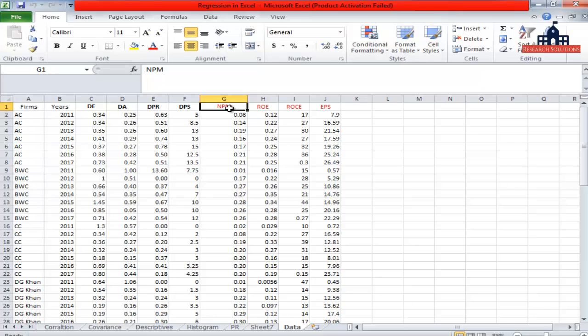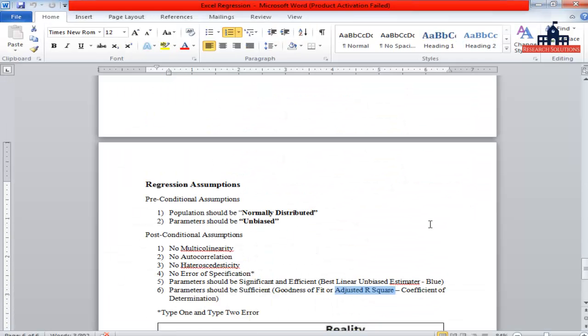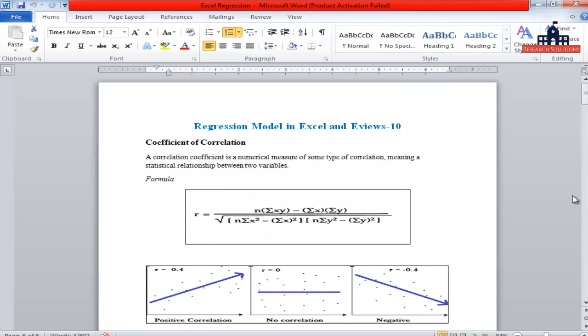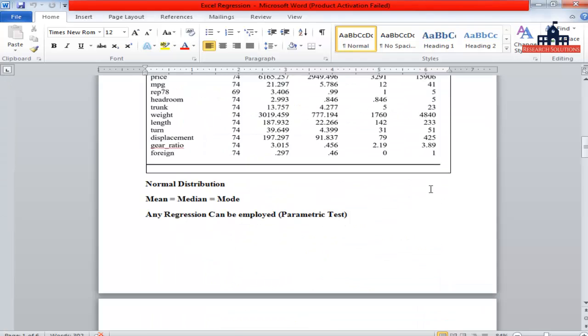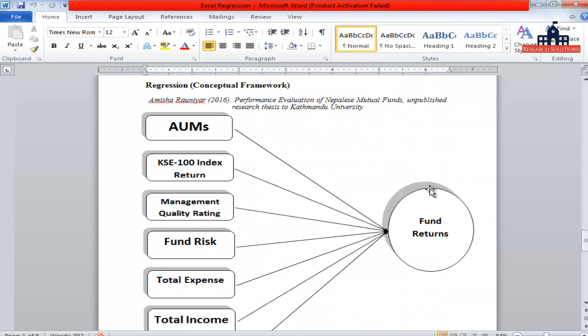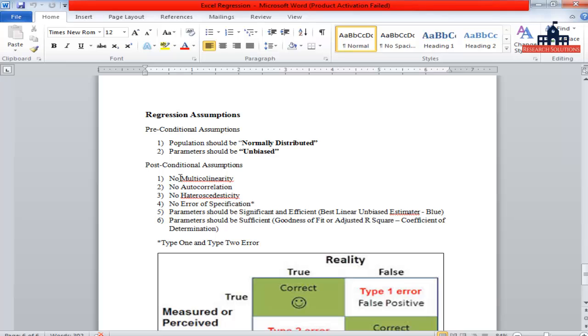Before that, we are going to check something else, as we have tested and found some results before. Firstly, in EViews, we are going to find out the correlation. Why are we going to find out the correlation in EViews? Because of the first assumption which we have seen here, that the model should not have any sort of multicollinearity.